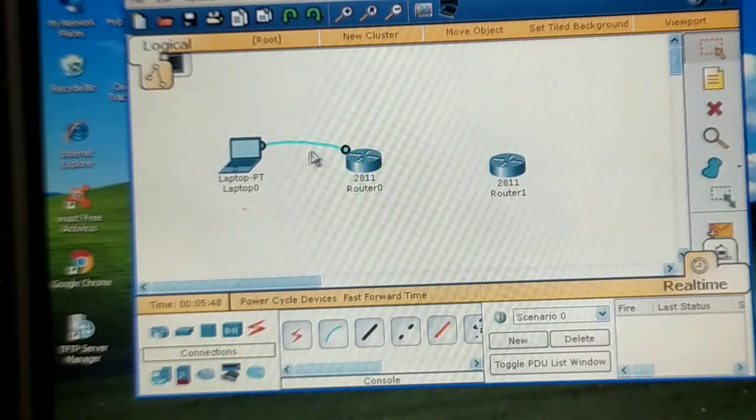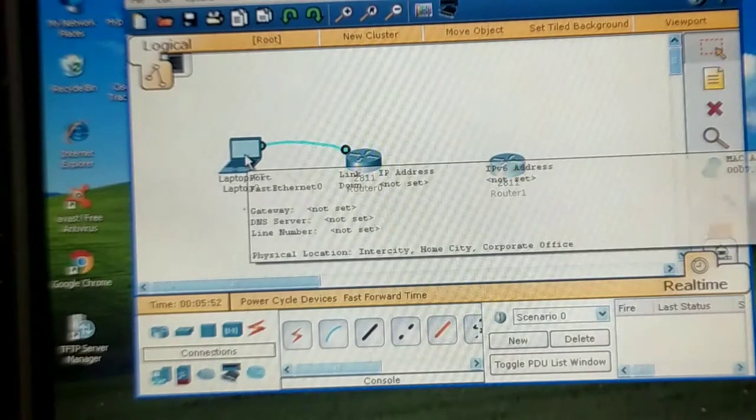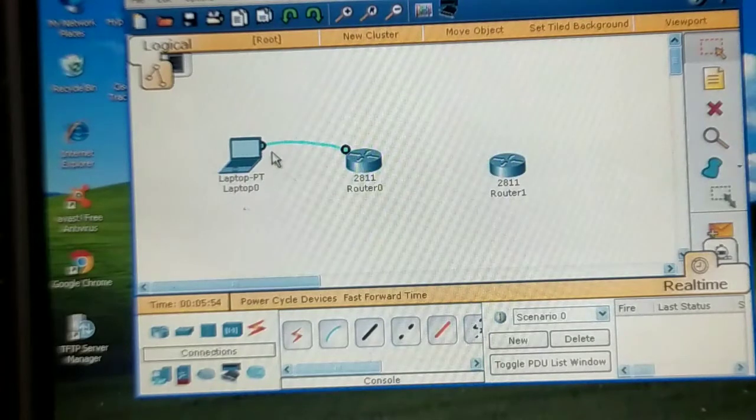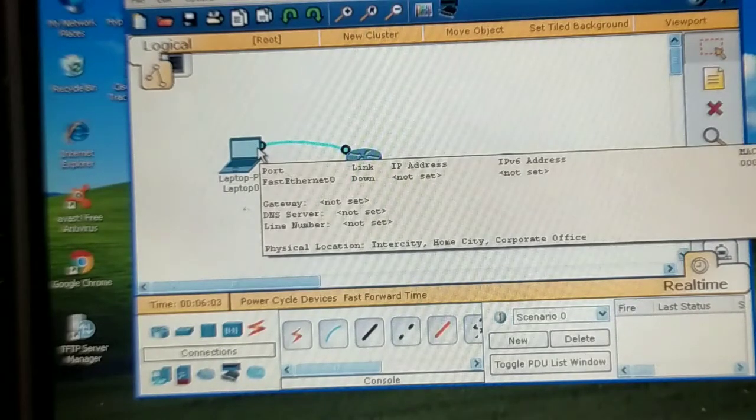But this connection cannot allow the laptop to send its LAN traffic to the router, because you have seen that we have connected this cable over the RS232 port, not at the fast Ethernet port. The fast Ethernet port is still empty, while the RS232 port, that is the serial port, is connected to the router, so that the router may be configured via this laptop.